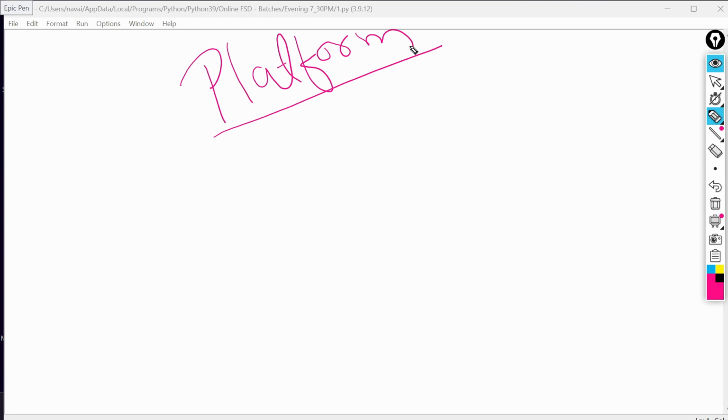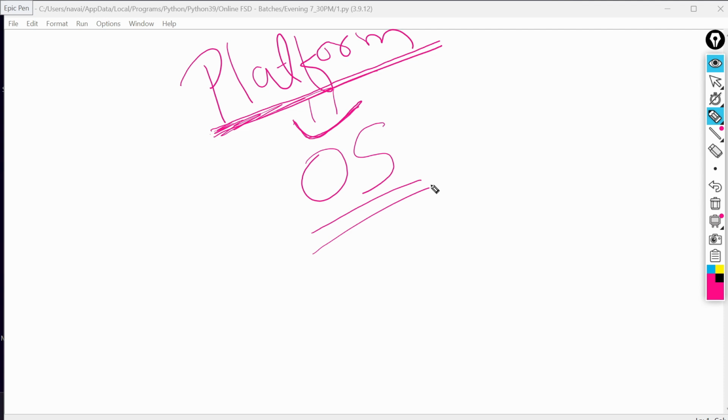What is the meaning of platform? For example, if you are executing your Python code on a Windows machine, Windows is the platform. If you are executing your code on a Linux machine, your platform is Linux. So platform is nothing but the operating system.